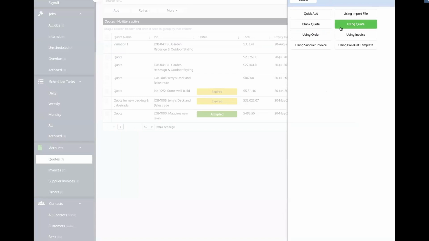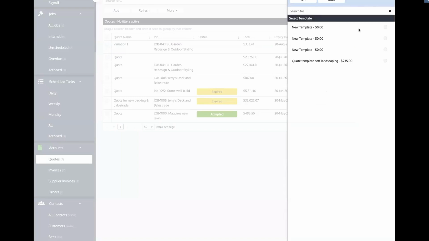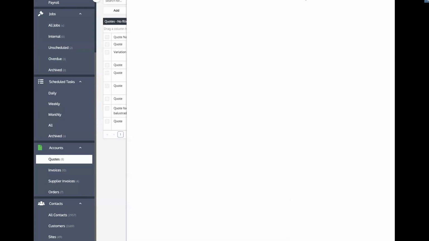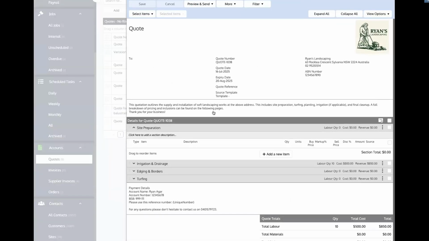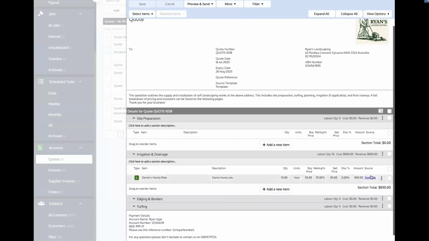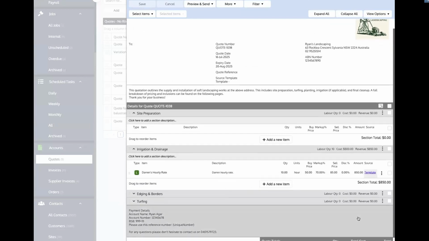So essentially what we'd need to do there is using a pre-built template, select that, and that's where you'll then have the drop down here of all the different pre-built sale item templates that we've created. So really all we need to do is just select the template that we want, insert the relevant customer names, change the title, update the dates, and save it. So what that's going to do, as you imagine, it will pull across all of the exact section names with all of the relevant items broken down into each of those sections. It copies across all of the totals, as you can see, from the source being the template,